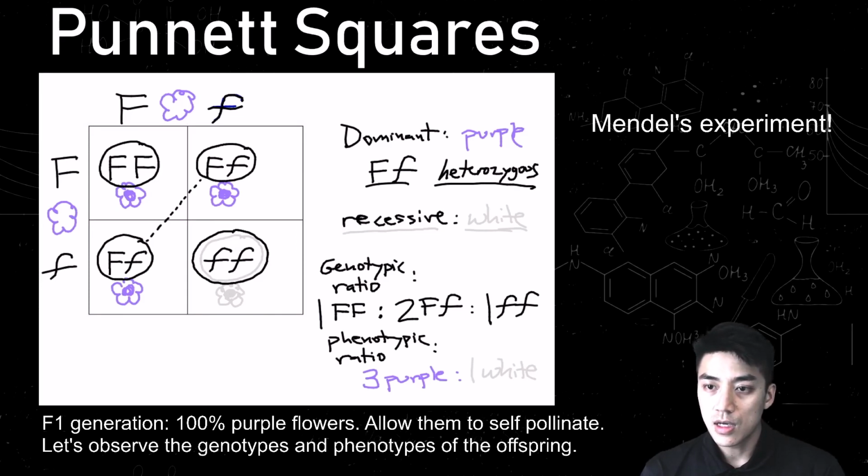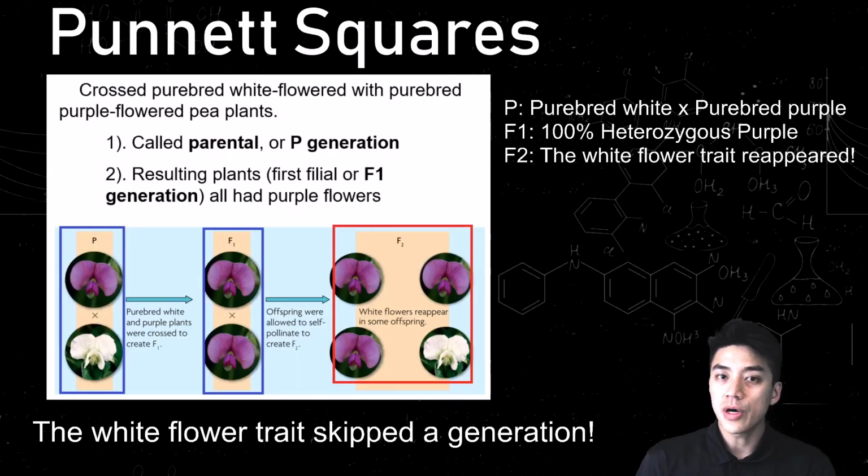Okay, and it's interesting to note that even though the parents that we started with both had purple flowers, it actually gave a 25% ratio of offspring that had white flowers. And that was really interesting for Mendel to note, because it's almost as if the white trait reappeared in this generation. Mendel's observations, as demonstrated by these Punnett squares, were groundbreaking. So what he noticed was the white flower trait actually skipped over a generation. It appeared in the parent generation, it skipped over the F1 generation, but then it reappears in a 25% ratio